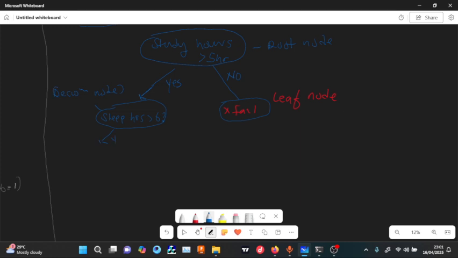If the sleeping hours greater than 6 is yes, and then we are going to ask a question: is social activity equals to low? Is the student's social activity low, right? And then we are just going to cycle that as a node, right? If the social activity is low, if that is a yes, then